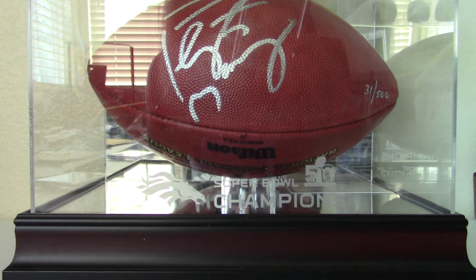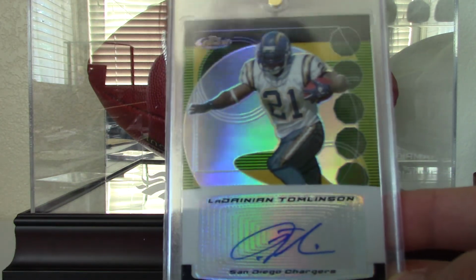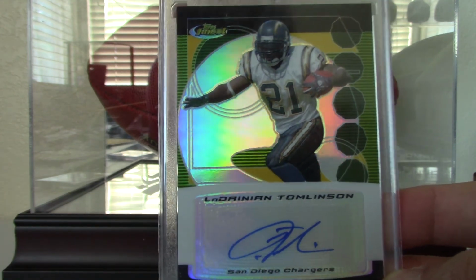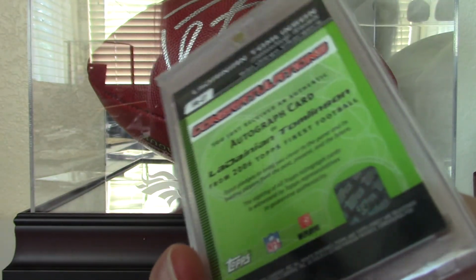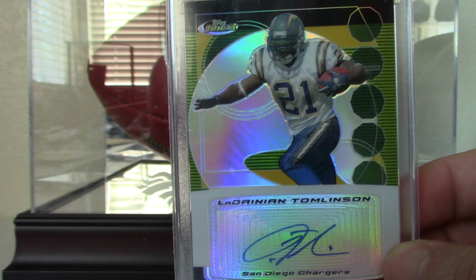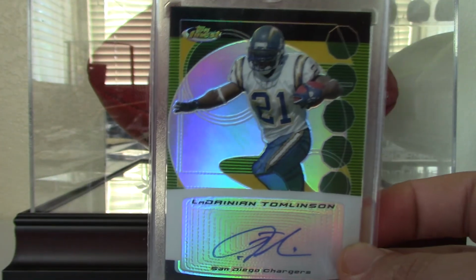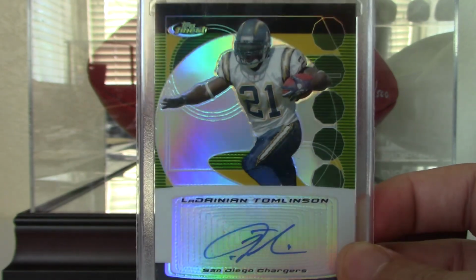2006 Topps Finest. Just a LaDainian Tomlinson. Just a gorgeous LT. It's just pretty. That's all I can say about these cards. They're just pretty. They're not numbered. There's just an autograph. There's a hologram. They're not numbered, but still just pretty. And like I've said many times before, when Topps Finest wants to get on its game, they get their stuff together. Topps Finest is just one of those products that